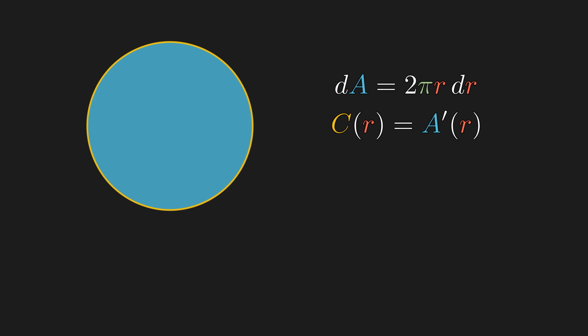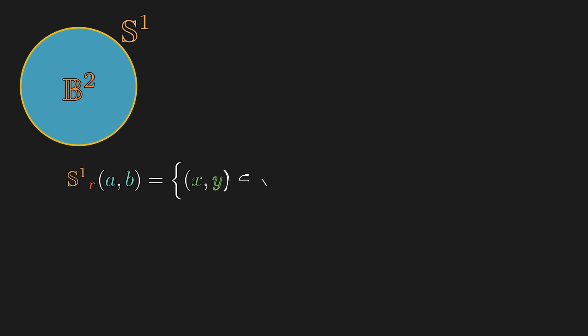Now, how far can we generalize this idea? Before we do that, let's introduce some new notation. Mathematicians would call the interior of a circle a two-dimensional ball, or simply a 2-ball for short, and the circle itself a one-dimensional sphere. In order to describe a circle in two-dimensional space, we need two parameters, a radius and a center. And it is the set of all points in two-dimensional Euclidean space such that the distance from the center is always a fixed radius.